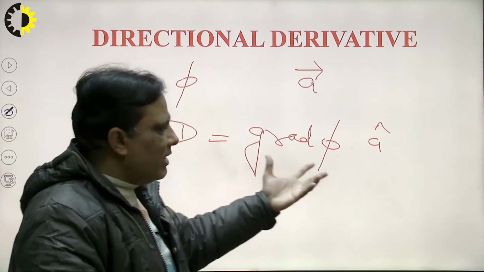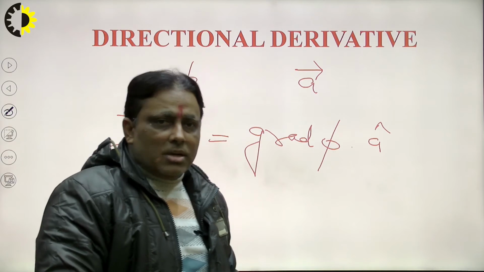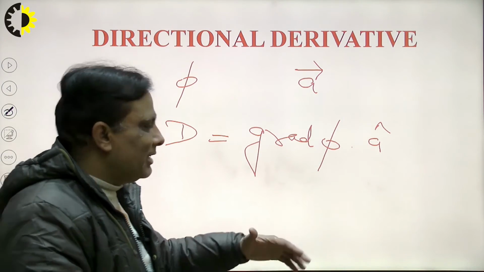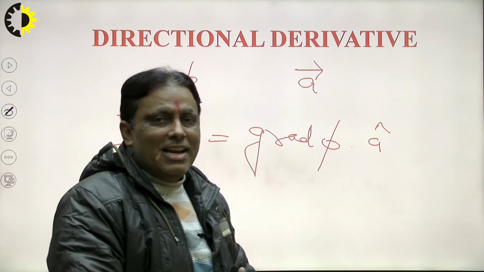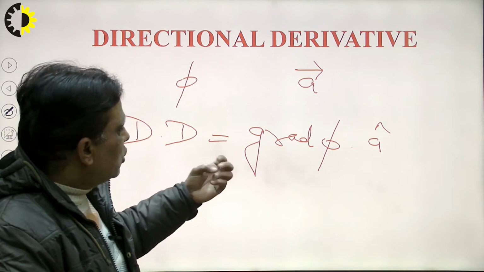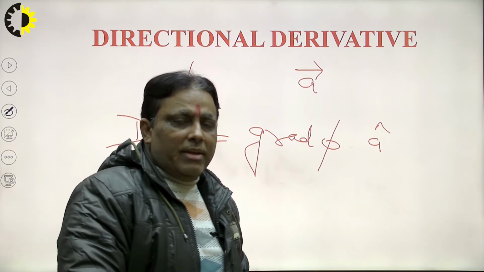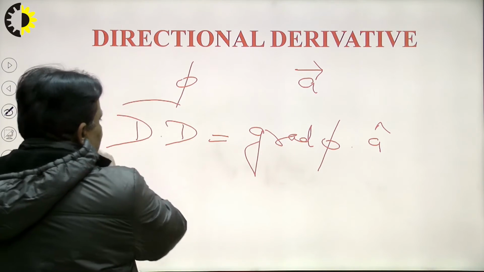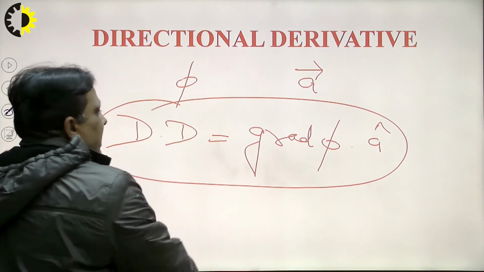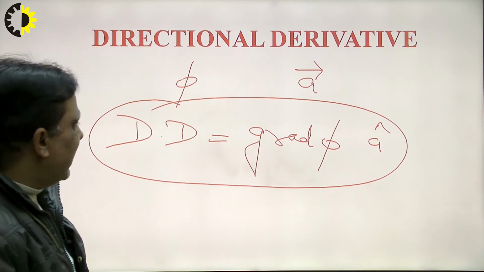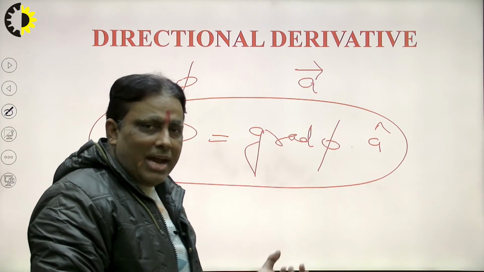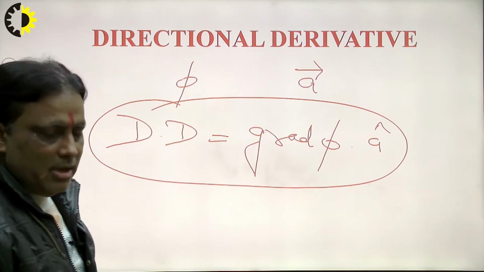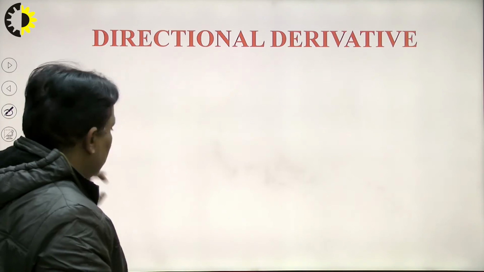What is the meaning of this, right? Students study in the 12th level in mathematics as well as physics, right? What is the position of the particle with respect to another particle? That is known as directional derivative. We can see that students study the position of a vector with respect to another vector. So we can calculate here with the help of directional derivative, right? Grad phi dot a cap, that means phi is the scalar, I calculate in the vector form, and dot product in the direction of a. So in this way we can find out our position here one by one.